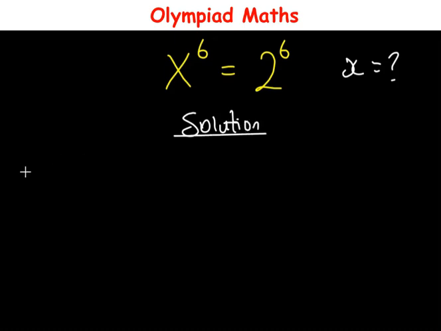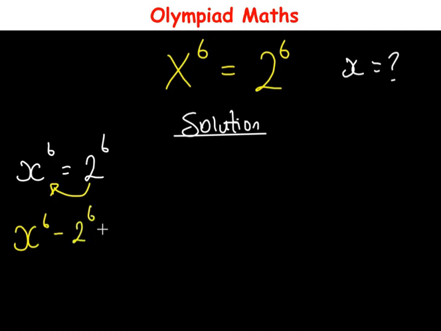So the question is x raised to power 6 is equal to 2 raised to power 6. So the first thing we're going to do is to move 2 raised to power 6 over to this side. So this becomes x raised to power 6 minus 2 raised to power 6 is equal to 0. So with this, we can write 6 as 3 times 2. Then this becomes x raised to power 3 times 2 minus 2 raised to power 3 times 2